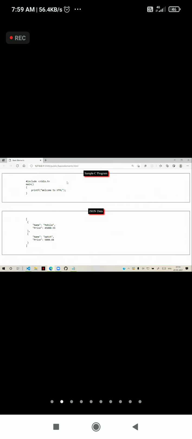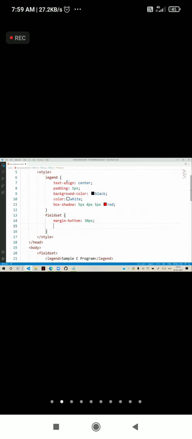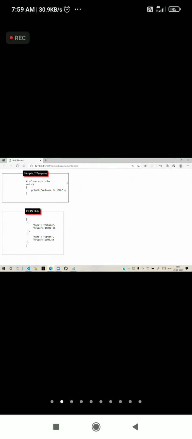You can adjust the width, you can adjust the height, you can keep the alignment according to your requirement. Suppose for field set we define width as 300 pixels, the width of the field set will be adjusted. You can keep them side by side or one below another. For that, we need to learn different display formats. Initially, that is adjusting the width, adjusting the height, configuring it and defining it.